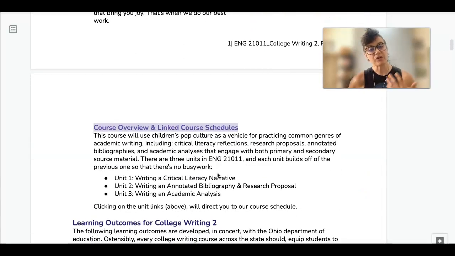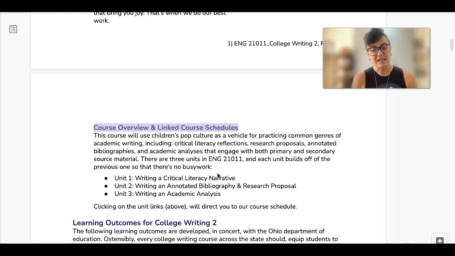The first of them is a critical literacy narrative. While all of us have grown up in children's pop culture, we have consumed it for entertainment. So what a critical literacy narrative asks you to do is to look back at something that maybe you are particularly interested in terms of children's pop culture, and then read that against the grain so that you can hold space for both enjoying something and then also kind of being like, yeah, there's room for improvement there. That's what a critical literacy narrative does, and kind of engages your thinking and challenges some of the things we might have internalized, okay?